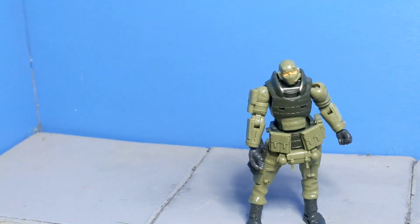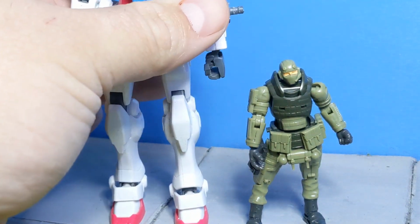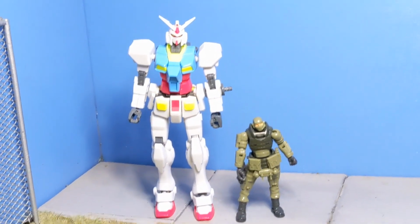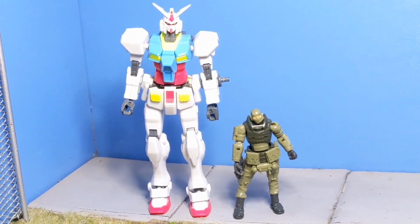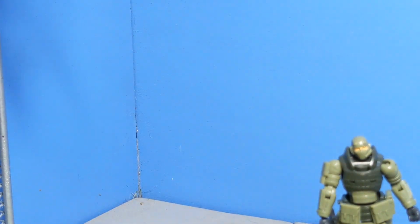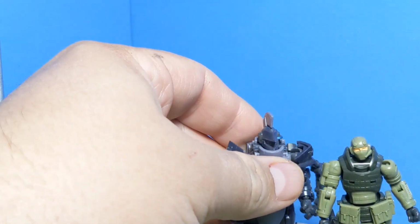I could do a size comparison real fast, but I'll just do a real quick one because I wanted to finish up. Let me just go ahead and show him compared to our dedicated stand-in for high grades. That is our Gundam there. You can see he is a bit short. And he is comparable to our